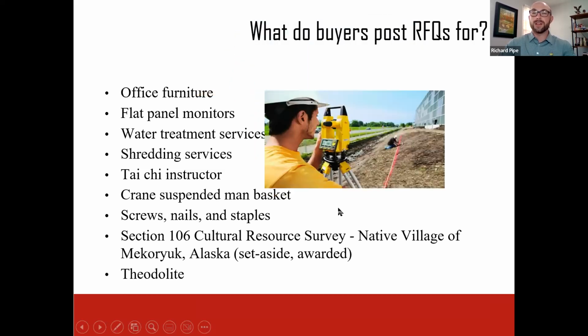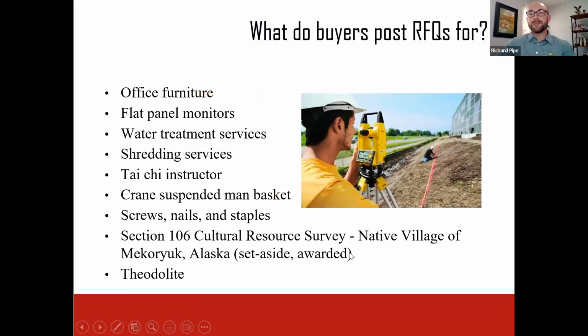So here's a picture for you. And a lot of you are going to see this picture and say, "Oh man, I've seen those on the side of the road." So yeah, it's essentially a piece of precision measuring equipment that uses lasers to measure angles. They're used a lot in land construction. So hey, nice job, guys and girls. Got some smart people in here. So those are some examples of how wide ranging our requirements are